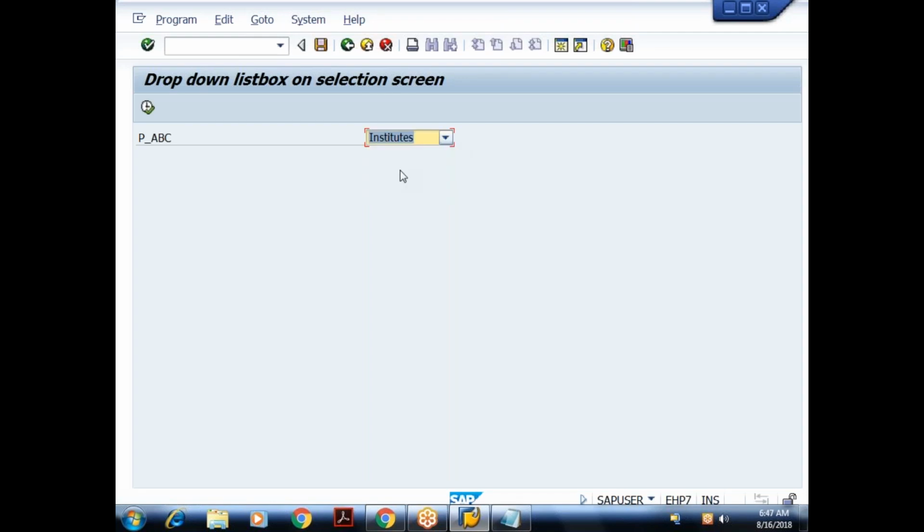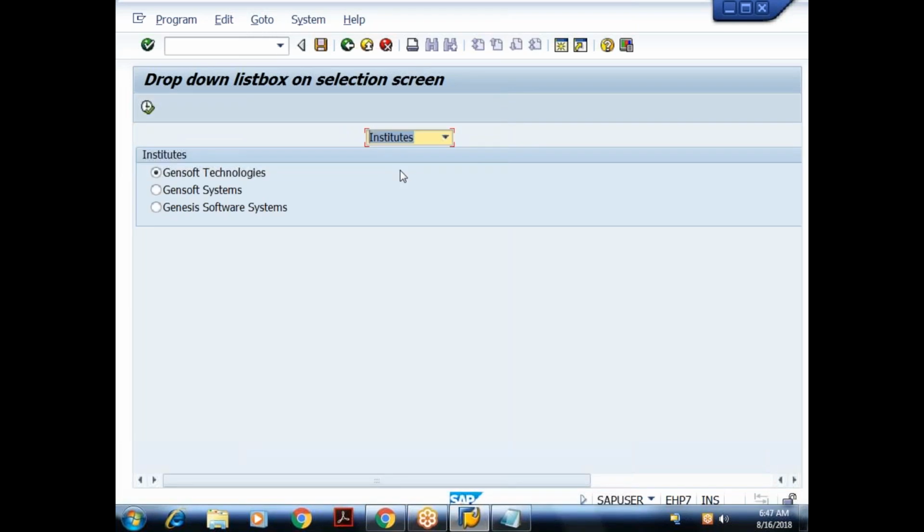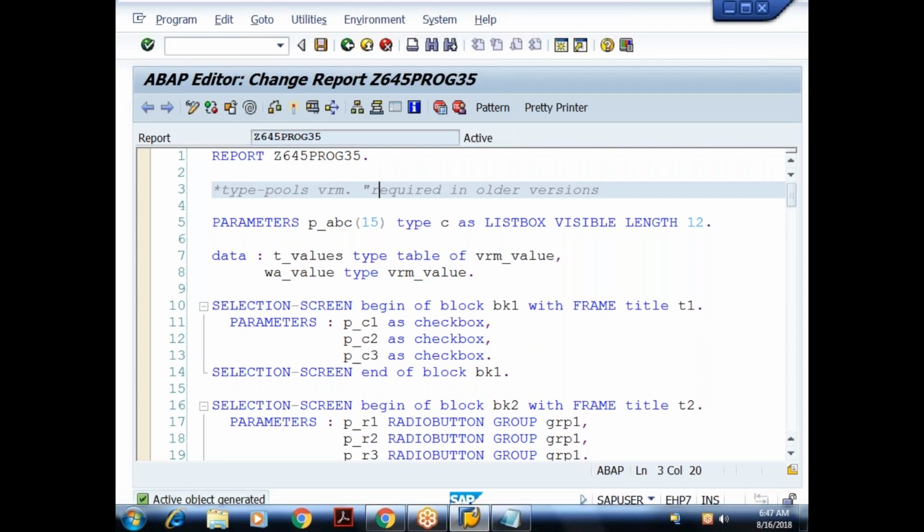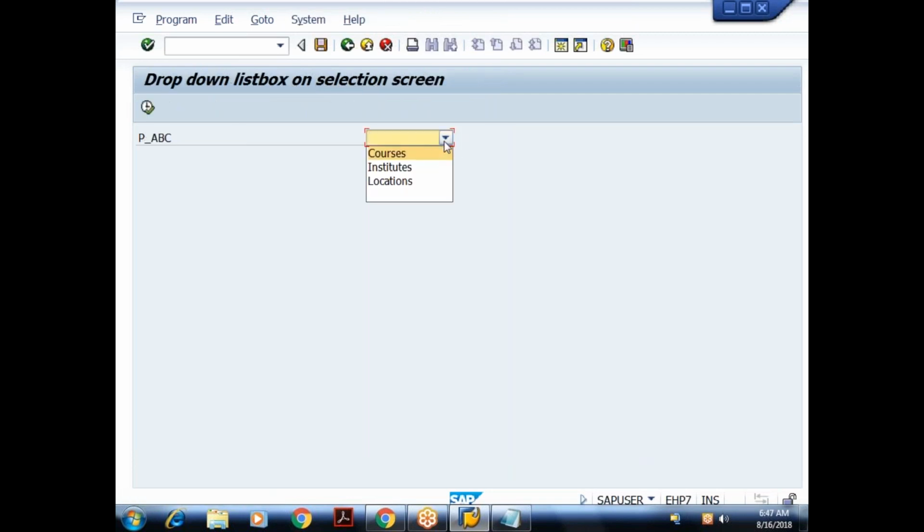Now my requirement is, see here. We are selecting the value in the drop down and pressing the enter key. Only after pressing the enter key is the appropriate block made visible. Now my requirement is, the moment I select a value in the drop down, the appropriate block should be made visible. If I choose locations, the locations block should be made visible. If I choose courses, the courses block should be made visible without pressing